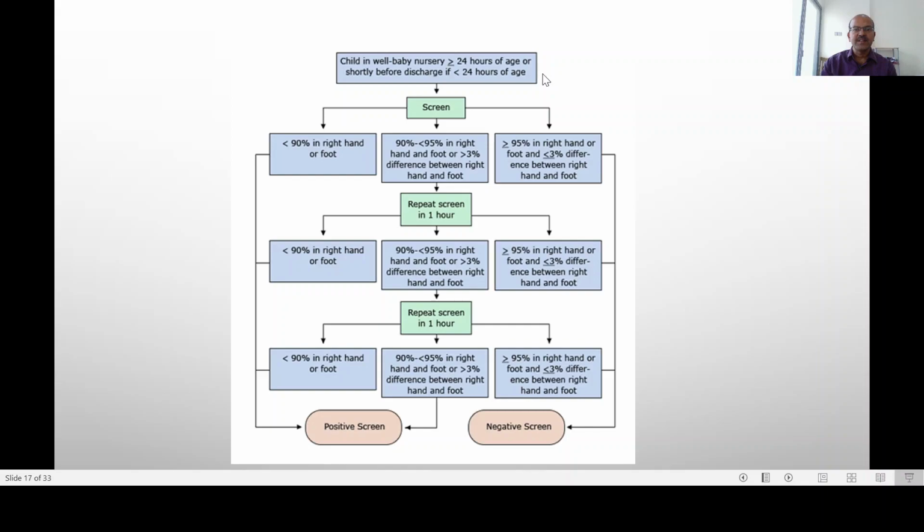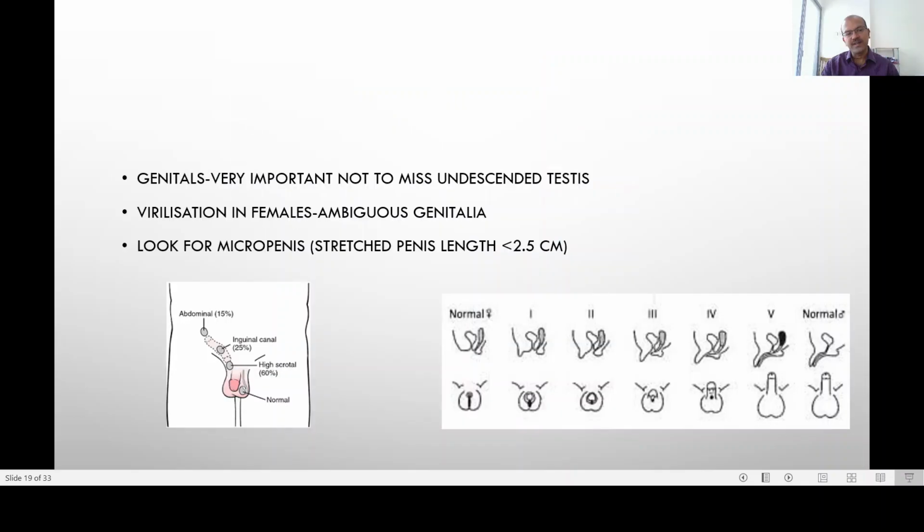It can be abdominal in 15%. You should remember that sometimes there is a vanishing testis due to a vascular insult. The testis has disappeared, so you may not have a testis. It can be in the inguinal canal in 25% or high scrotal in 60%. So in these two categories, you can either feel it or it can be seen on the ultrasound, which reassures. There is no need to routinely do ultrasound, but if parents are very anxious, there is no harm in documenting that you've seen the testis, which means it's not an absent testis, and then you refer them to the pediatric surgeon by 6 to 9 months if it is still not descended.